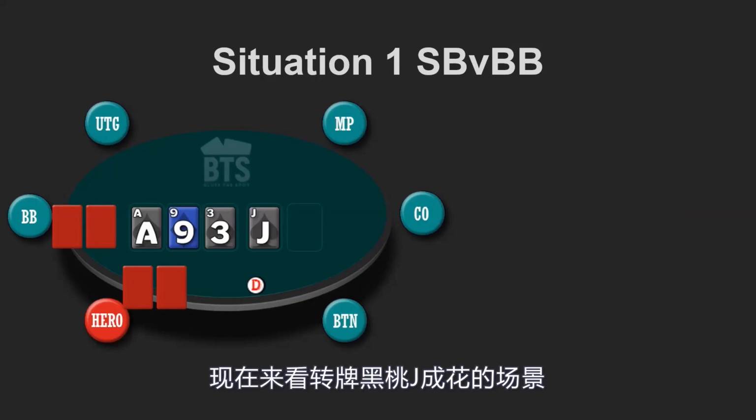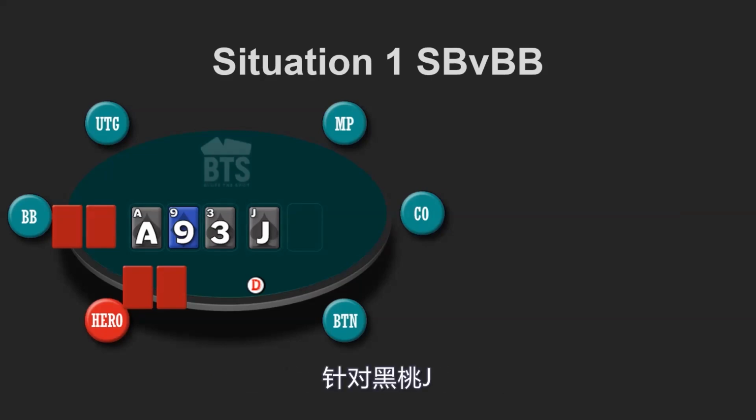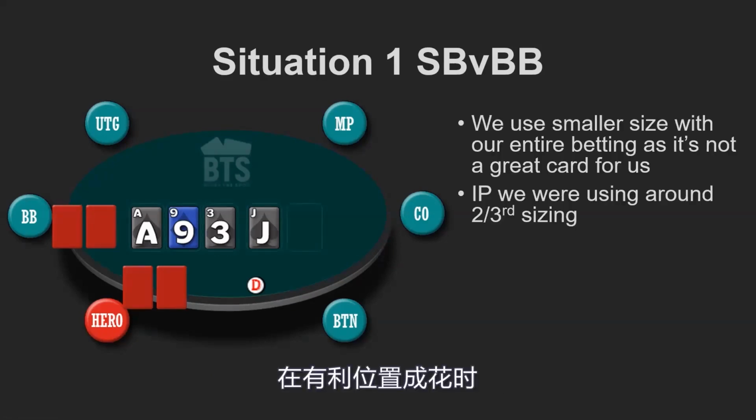Now on the jack of spades turn, like we talked about, when the flush gets there, it's not a great turn card, so we should size down. Now, what sizing exactly would you guys pick here, for example, with the jack of spades there? So in position, when the flush got there, we're using something around 2/3 pot or 3/4, but we were not overbetting. Again,